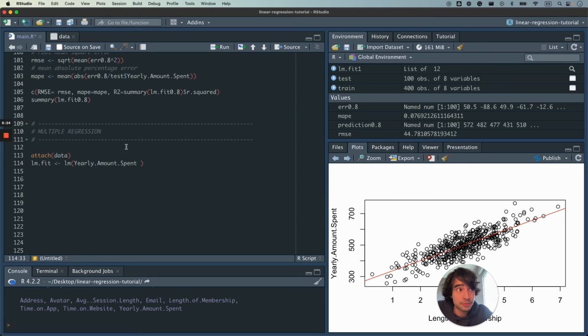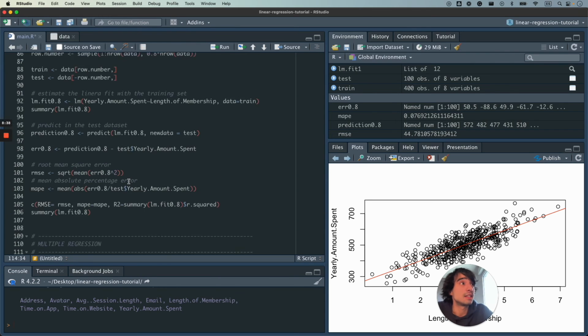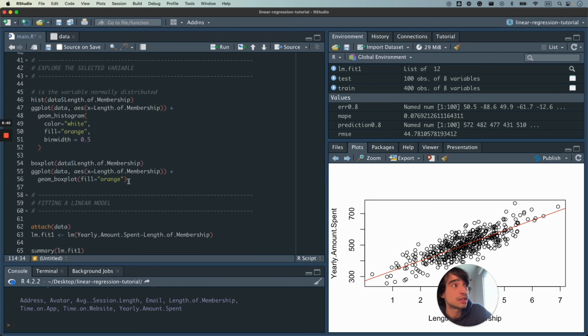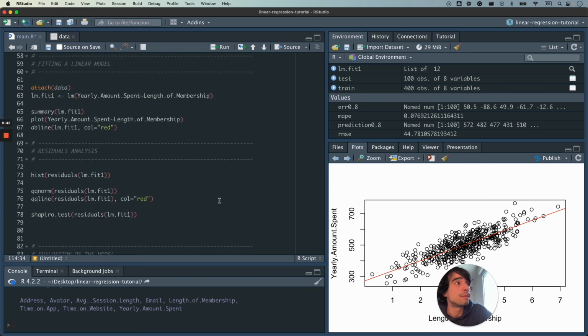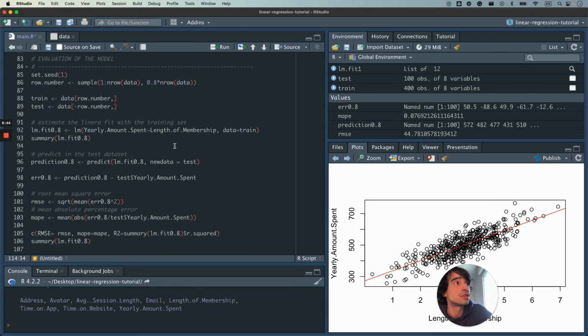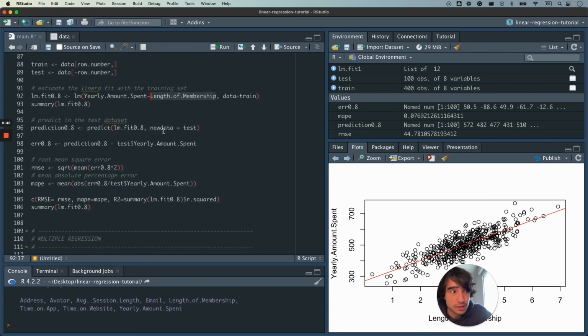Again, it's going to be the response that we expect. But remember that the second part of this formula after the tilde is going to be the predictors, okay? And instead of just adding one single variable like we did before, where we added just length of membership as a variable,